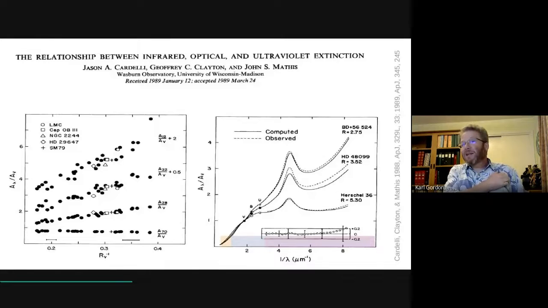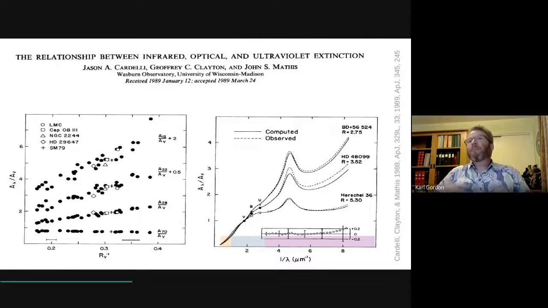And in fact, I think the amazing thing here is not only did it correlate at one wavelength, it correlated at many wavelengths in the UV and optical, which said that there are shape evolutions in the extinction curve, but the grains that are responsible in the ultraviolet, which are small, somehow react the same way as the grains in the optical, which are larger. There's correlated changes in the size distribution of the dust grains that mean the extinction curves vary together, the shape varies. And so they were able to derive this as the origin of the R_V dependent relationships that say, give me an R_V and I can give you a pretty good estimate of what the extinction curve for that sightline